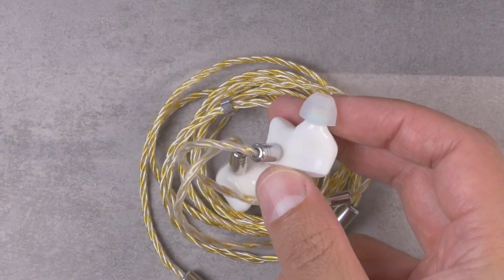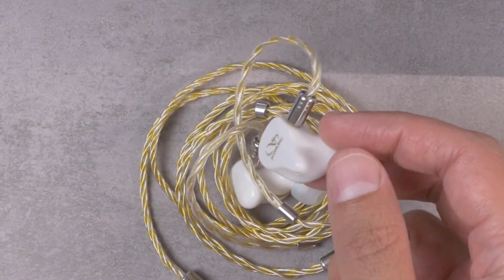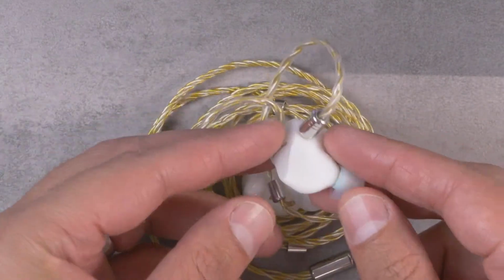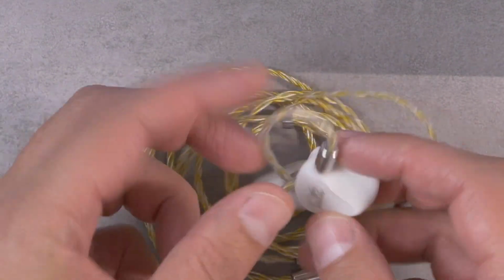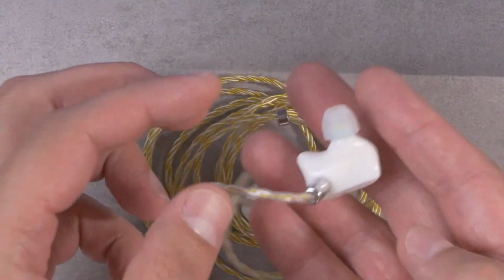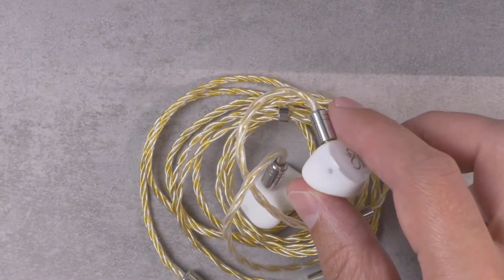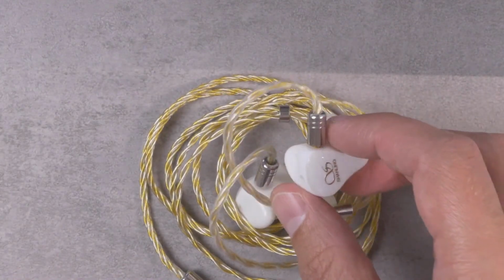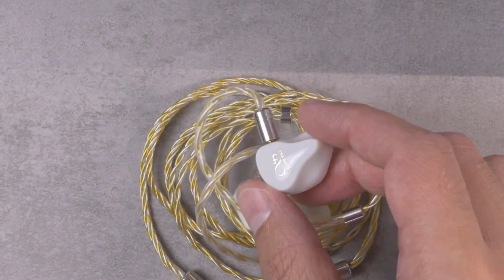I think this is one of the more handsome IEMs I've seen. And it's simple, right? It's just white, kind of like this milky white, almost looks like a ceramic. It's still a lightweight plastic. It's got a decent amount of weight to it, I guess. It's not the lightest IEM for sure, but it doesn't feel like a ceramic. That would make it just like mucho premium, but honestly, I think the way that it looks right now, I'm pretty